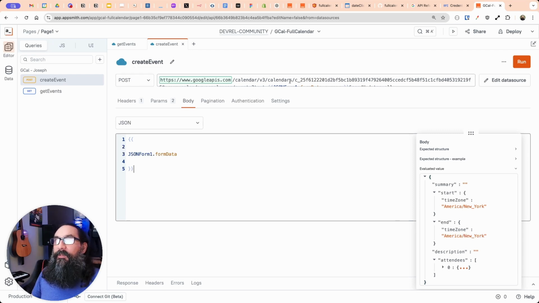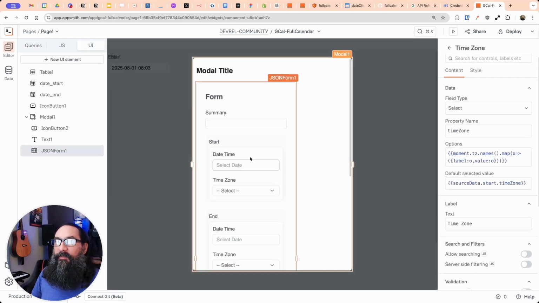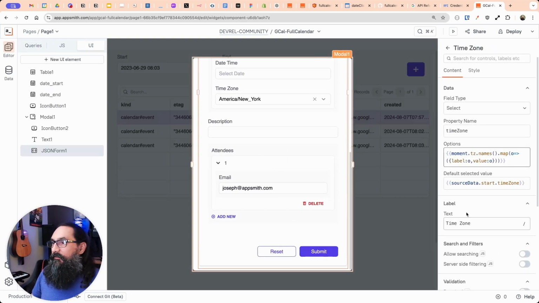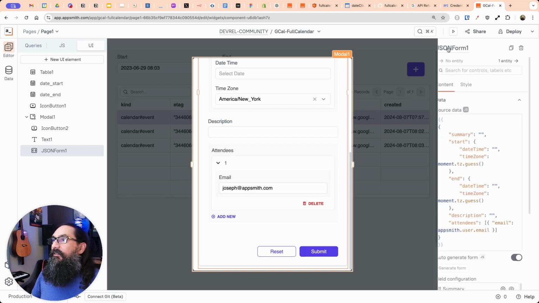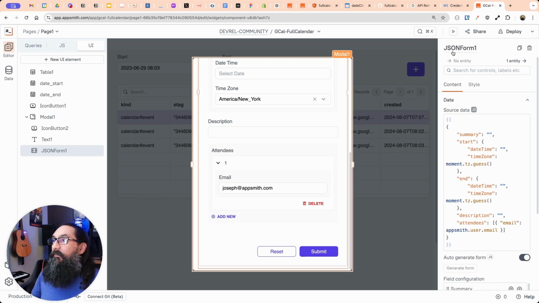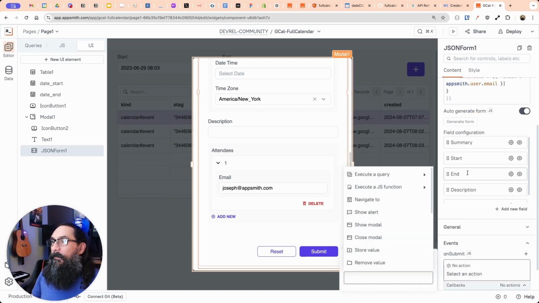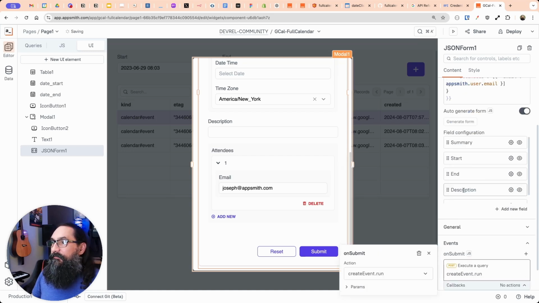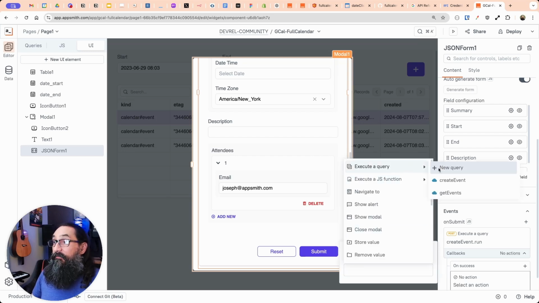We got a create event, a post. Let's tie the API to the submit button now on the form. So right here for submit, go to the, oh, I'm inside the time zone. So back out to the JSON form main settings, the top level here, and then under events on submit, I want to create an event, and then to actually see it in the table. It won't show immediately. You have to run the callback on success. I want to get events again to see the new record in there,